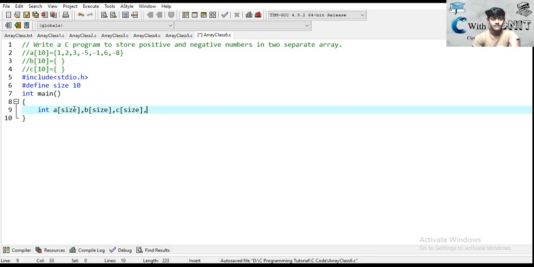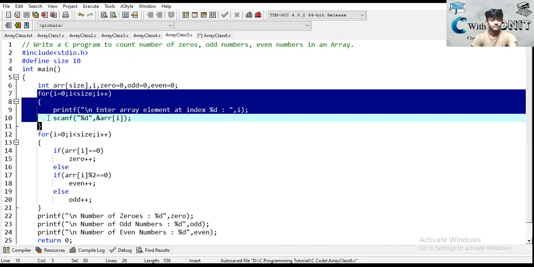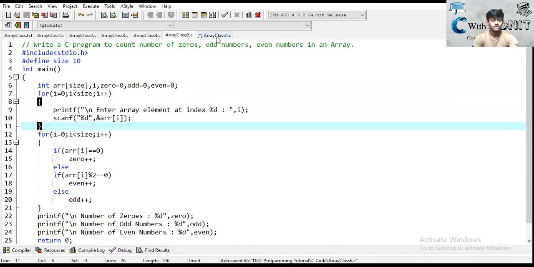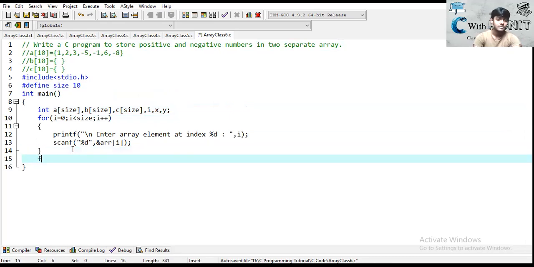Okay, now for moving in the array A, we are taking I. For moving in array B, we are taking X. For moving in array C, we are taking Y. Okay, now taking the input. So we will use the same code for taking the input. So now we have taken our input. After that, we will use a for loop that will go from I equal to 0 to size, that will traverse the array